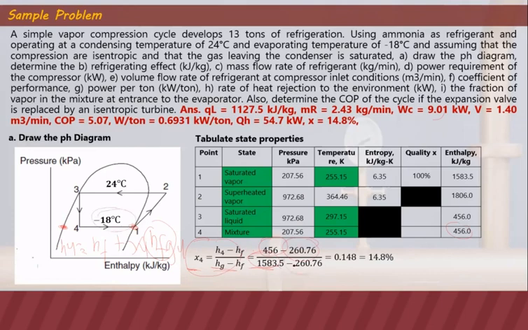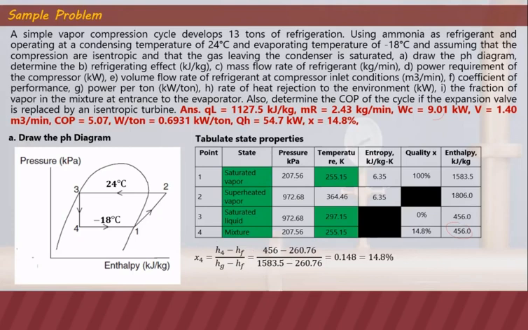That is 260.76. So from that, we can get the quality at point 4, and that is 14.8%. We have 14.8%, so you can put that now in the table to complete the table, and finally 0% for the saturated liquid quality. So we were able to complete the table, and these will be the properties that we will use to compute